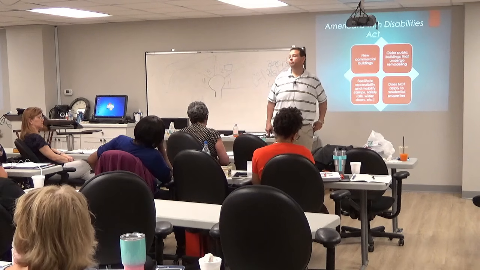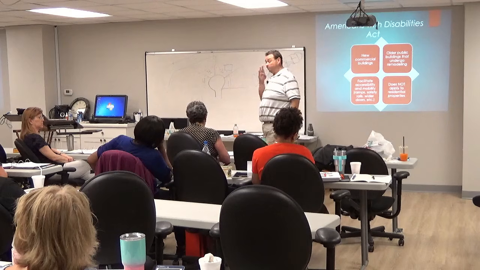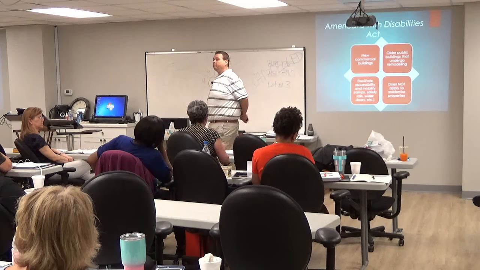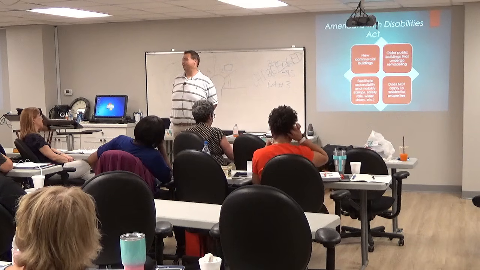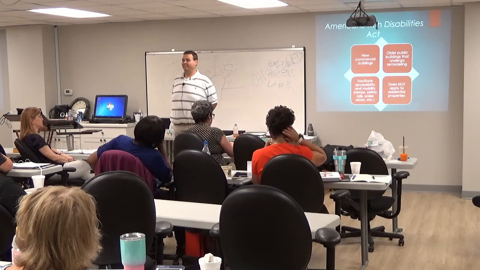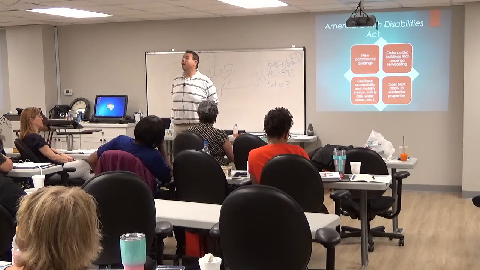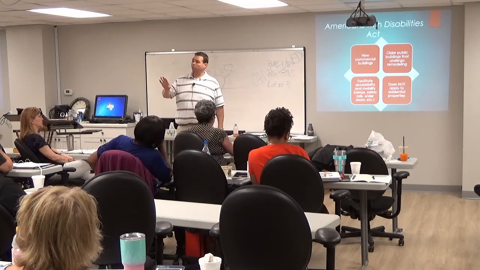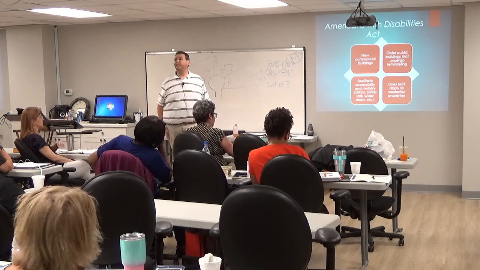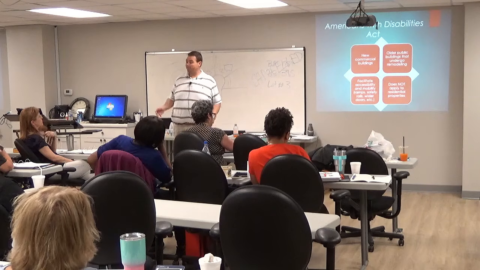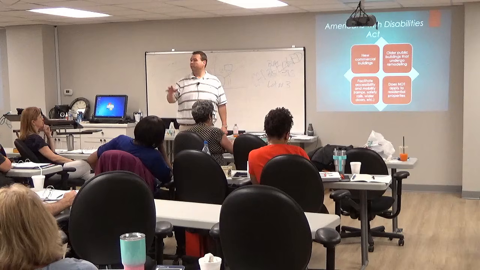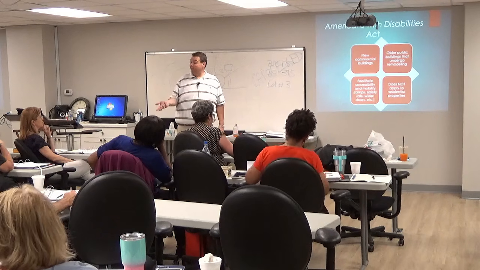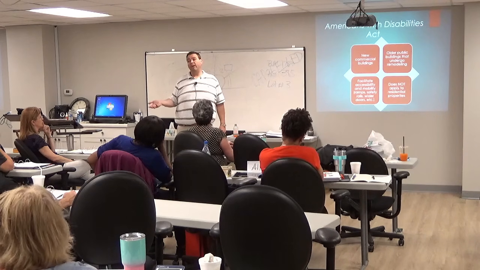Yes, ma'am. So as a property manager, if you had a commercial tenant that had a dog, your first question should always be, do you have a disability? Not go straight to, hey, it can't be here. That's right. And let them first identify it as a service animal. If they come into your office with the dog, you are free to say, I'm sorry, we don't allow pets in here. It's up to them to identify it as a service animal.